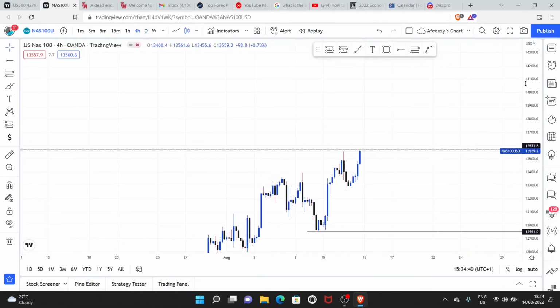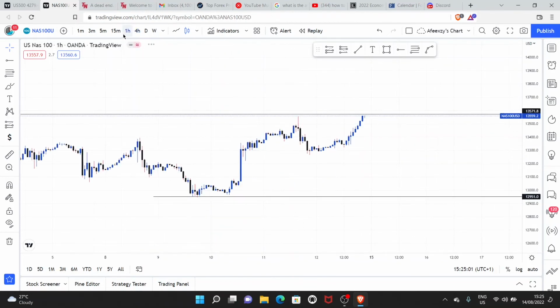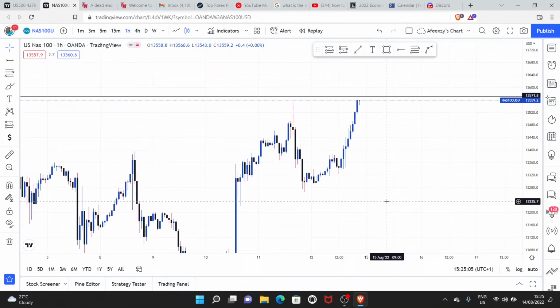On our 4-hour time frame, we can see here there isn't really anything happening on our 4-hour time frame. There isn't really anything happening. Let me go to our 1 hour. On our 1 hour time frame, you can see here